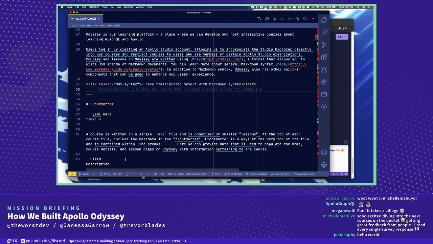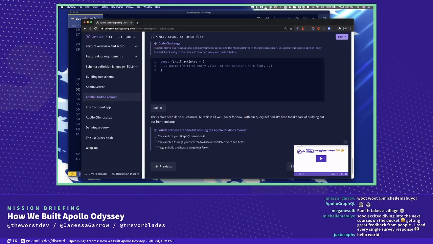And so when we see task and task ID, I'm guessing that this task component is using that identifier to say, oh, I need this task, this is the one that correlates to that. Is that correct? Yeah, so when we're tracking your progress within that lesson or within the course, that's what that's for, being able to associate your response with the task ID to know which ones have been completed.